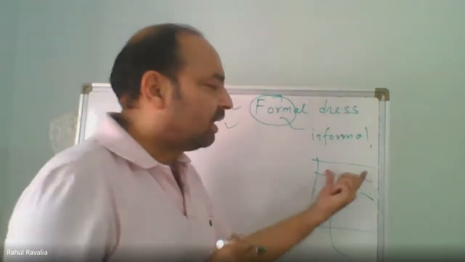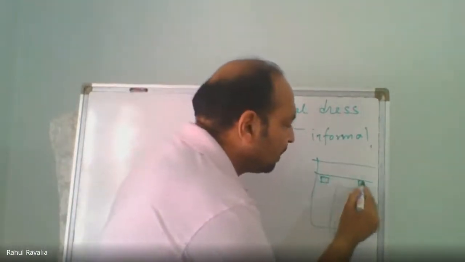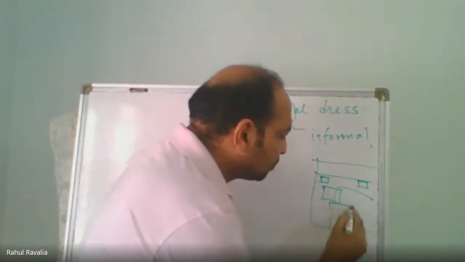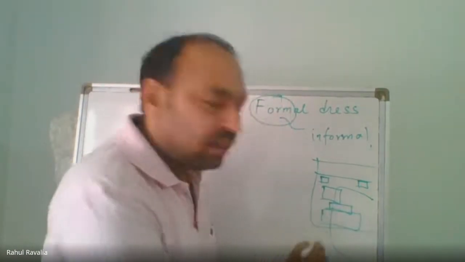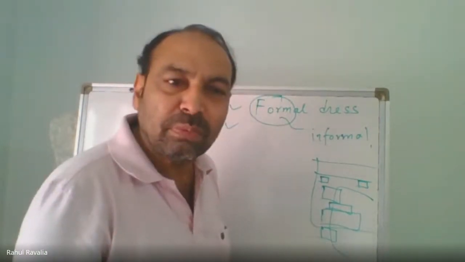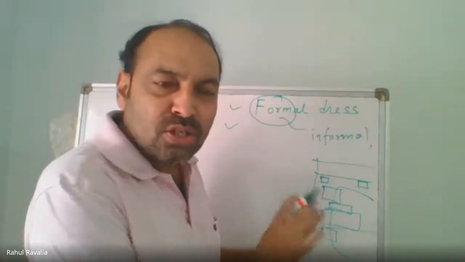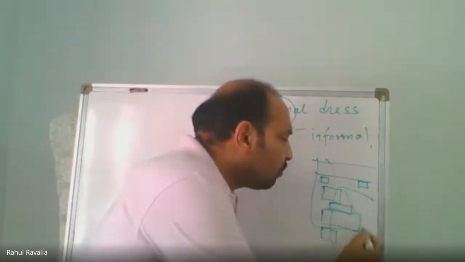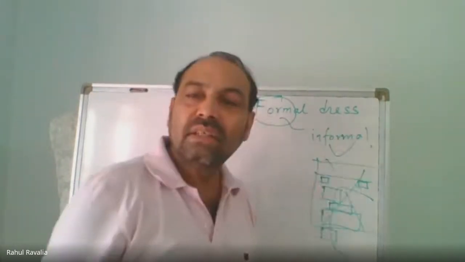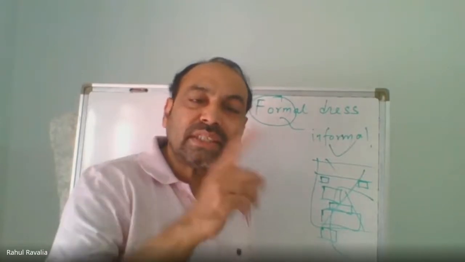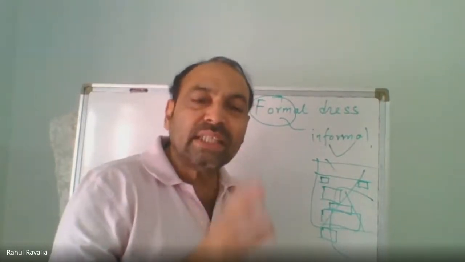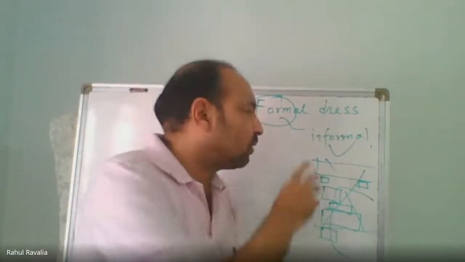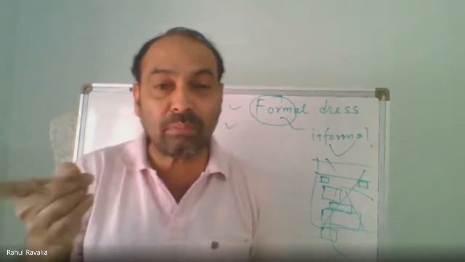Here would be the letterhead, here the reference number, here the date, here the receiver's address, here the subject, here the main body, here the list of attachments. There is a definite form. So something that is with a definite form is called formal. And if you do not follow this form, then your letter is informal. In the same way, if your dress is made of a definite form, that is traditional, then it is called formal.